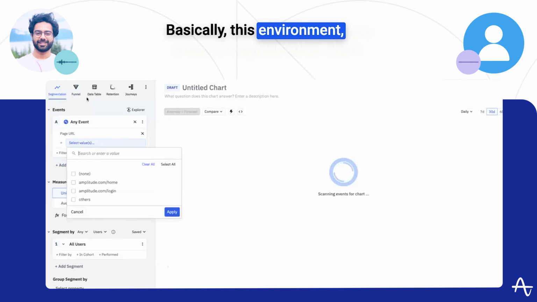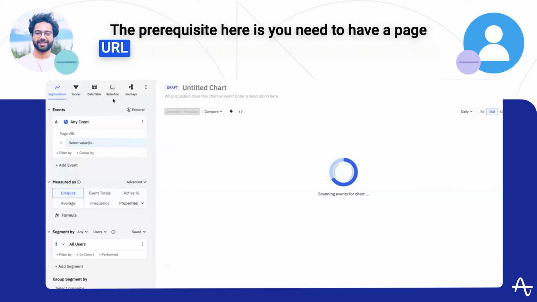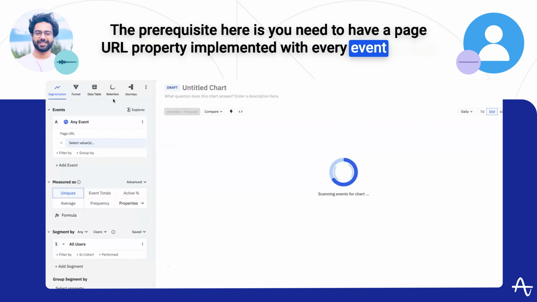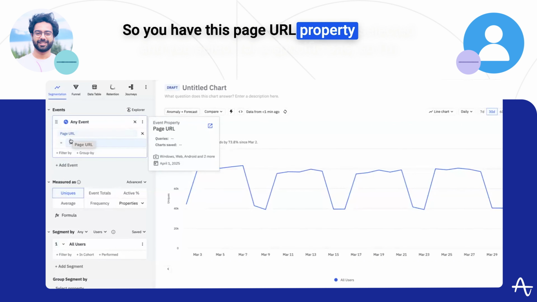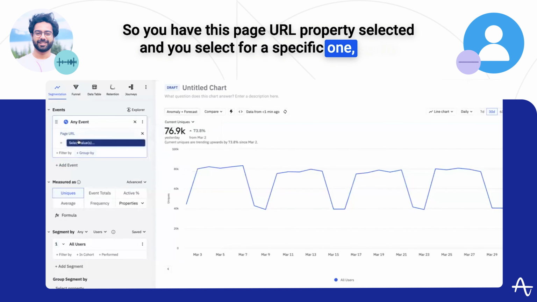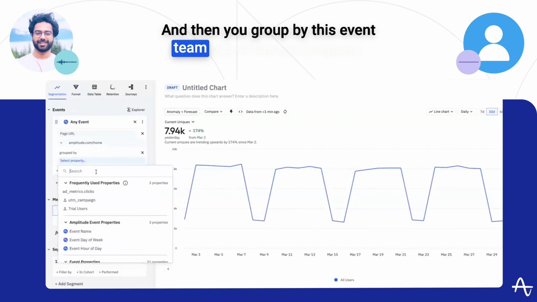Basically, this is a demo environment. You create a segmentation chart. The prerequisite here is you need to have a page URL property implemented with every event so that you know what event is occurring on which URL. So you have this page URL property selected and you select a specific one. I'm just going to select Amplitude homepage, and then you group by this event name out of the box